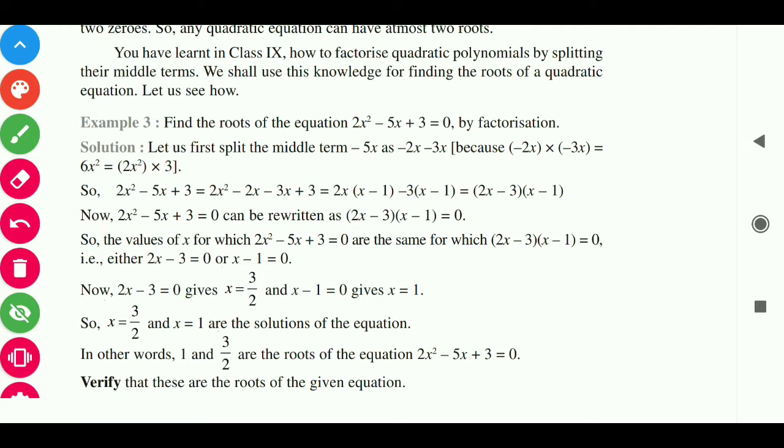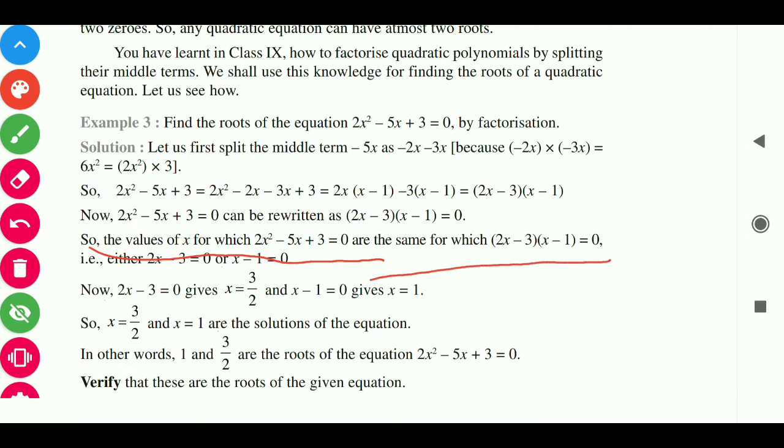Let's come up in the textbook. Here, whatever we have derived is 2x minus 3 into x minus 1 equals to 0. So the value of x will be x equals to 3 by 2 and x equals to 1. So the values of x for which 2x square minus 5x plus 3 equals 0 are the same for which